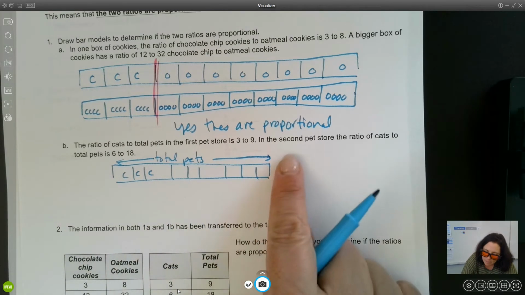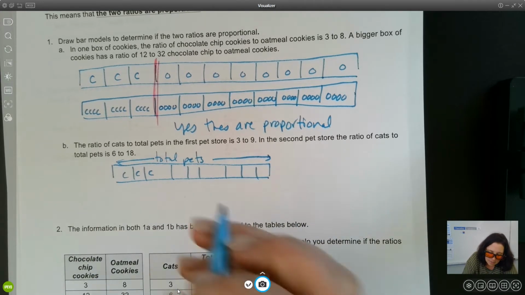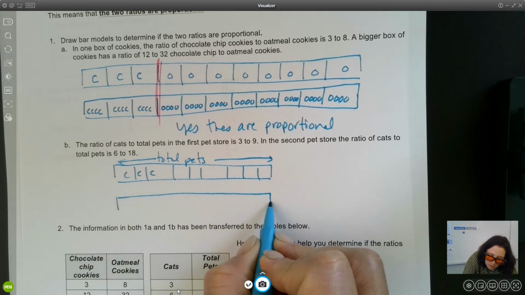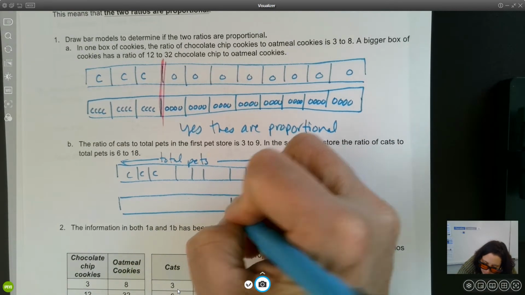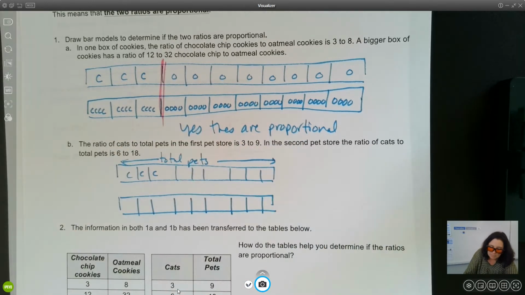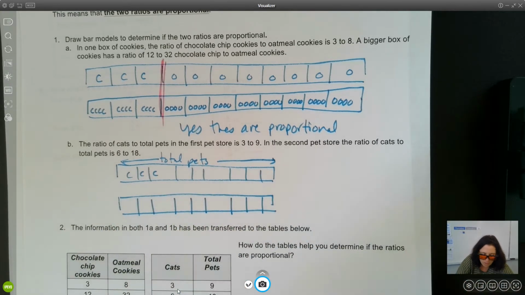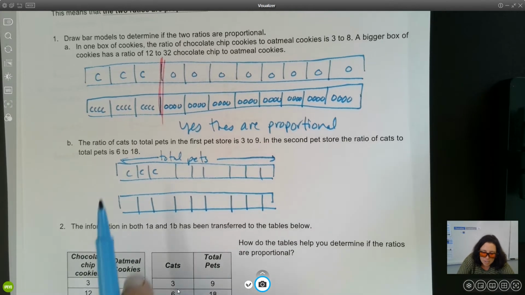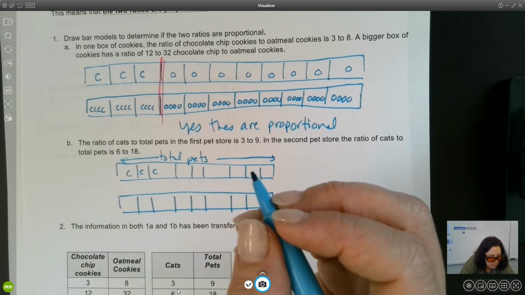Okay, now we need to see if the second store, if we can set up 6 and 18 in the same fashion. Okay, I'm going to copy my very not a very good spread out boxes here on that next one. I tried to copy what I had up there so we can look and see if they're the same or not. All right, is there a way to put a number of cats in this box, and this box, and this box to get 6? That would need to be,